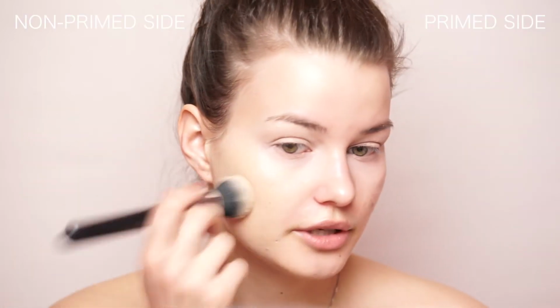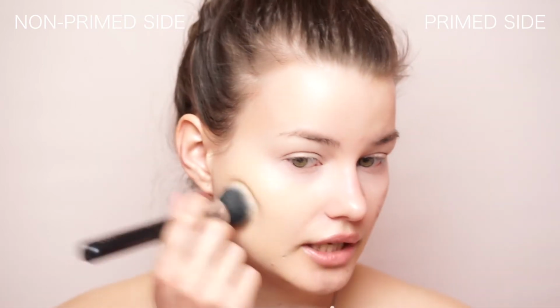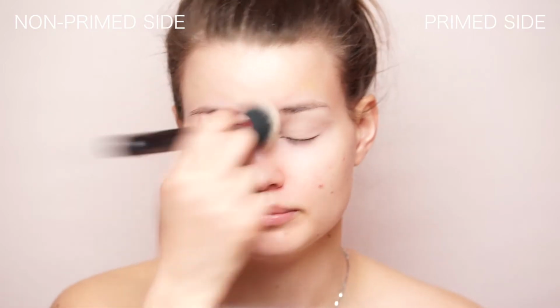And now I'm quickly going to prime my eyelids, use some color corrector underneath my eyes, and set down the primer on my eyes. I'm going to start with just one pump. Okay, one pump is clearly not enough. Let's do two. I'm using a Zoeva 102 Silk Finish. This is just a buffer brush. Let's see how this builds. At the moment, this is medium coverage. You can still see the